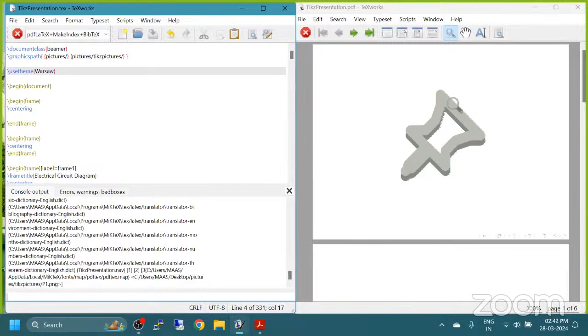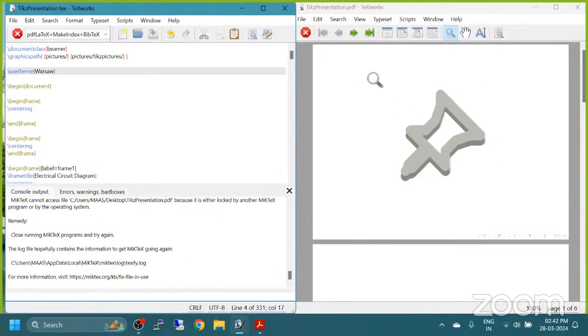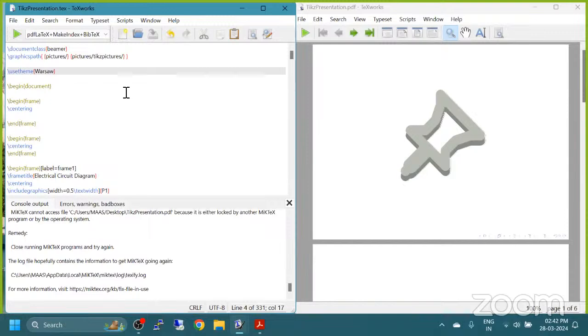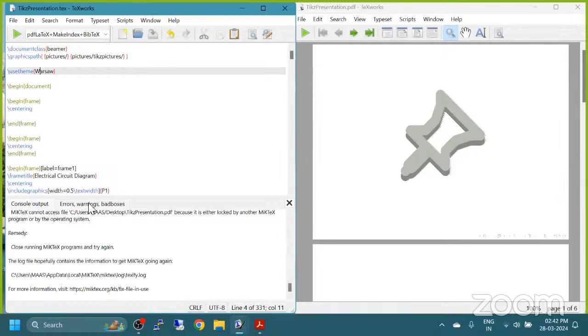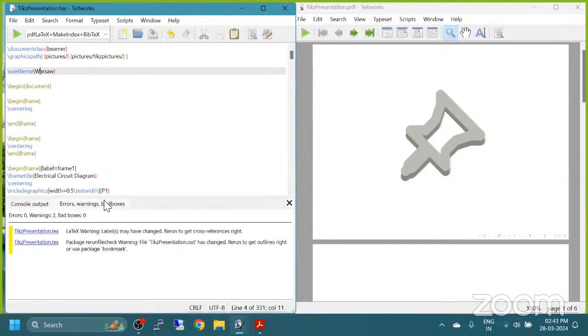So earlier you can see that it was a plain frame, or plain slides, but now it is like a